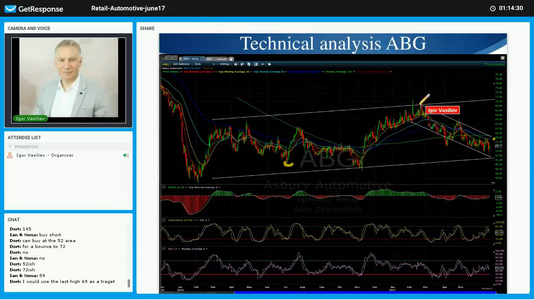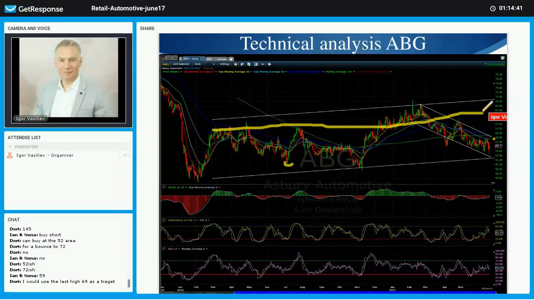So if we look at this trend, right? It's going to about 71 or something. Now also, if you put a parallel trend line here, something like that. Okay, maybe not straight, but